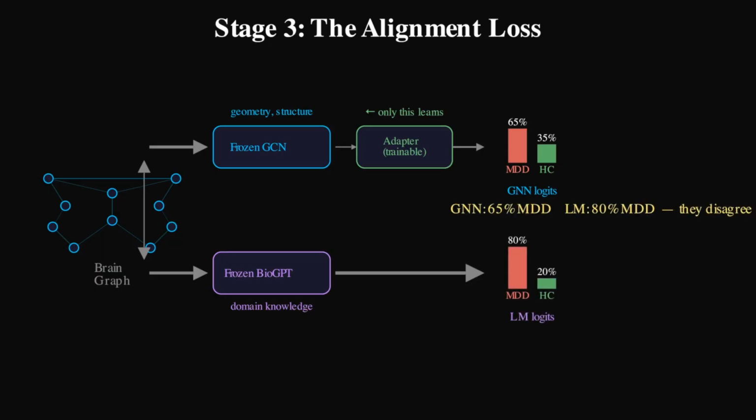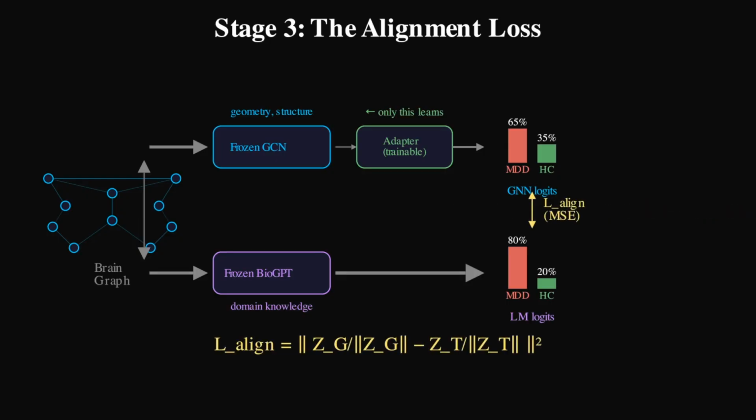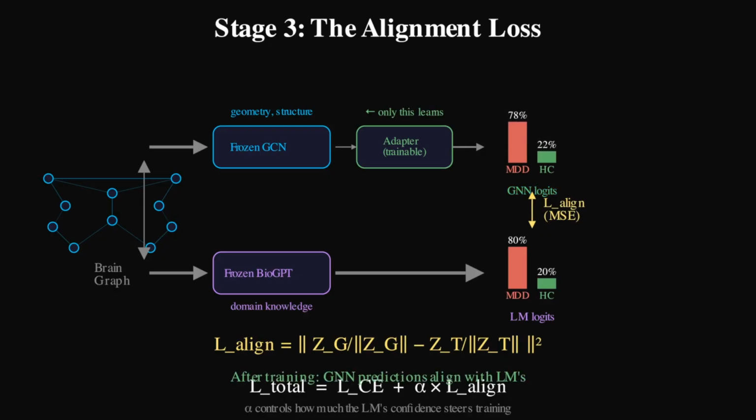Here's how it works. A brain graph passes through the frozen GNN and the adapter, producing a classification logit vector, essentially the GNN's confidence distribution over possible diagnoses. That same brain graph also passes through the frozen LM, which produces its own logit vector, the language model's confidence distribution. The alignment loss is the MSE between these two normalized vectors. In plain language, make the GNN's confidence profile match the language model's confidence profile. The total loss is the cross entropy loss plus alpha times the alignment loss, where alpha controls how much the LM's